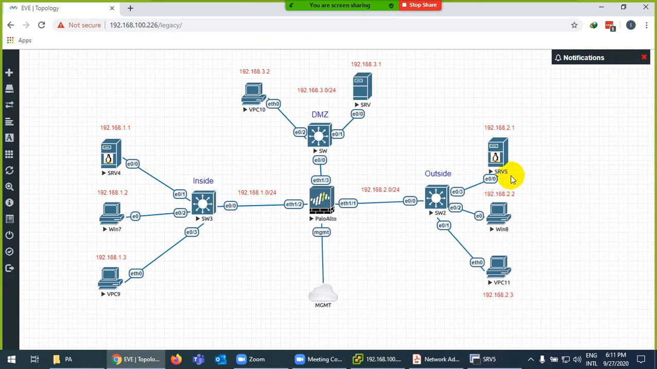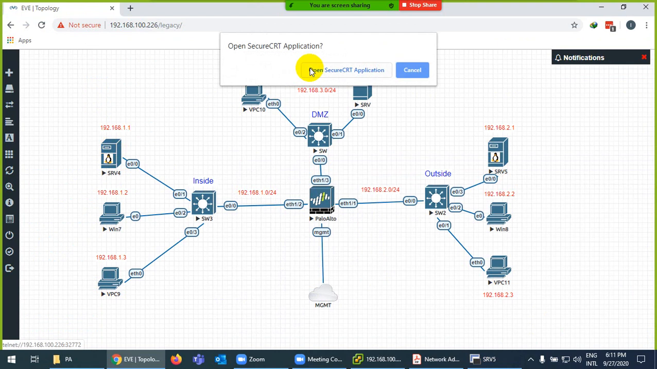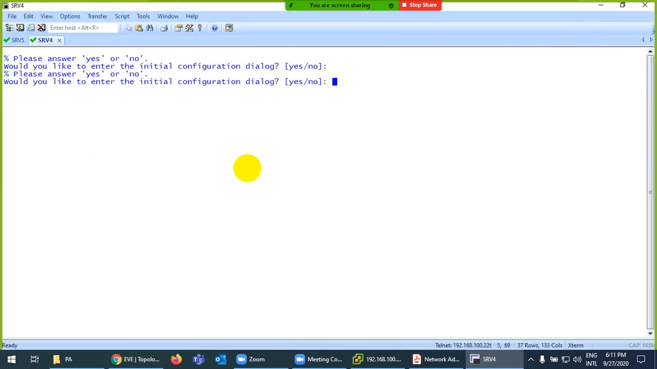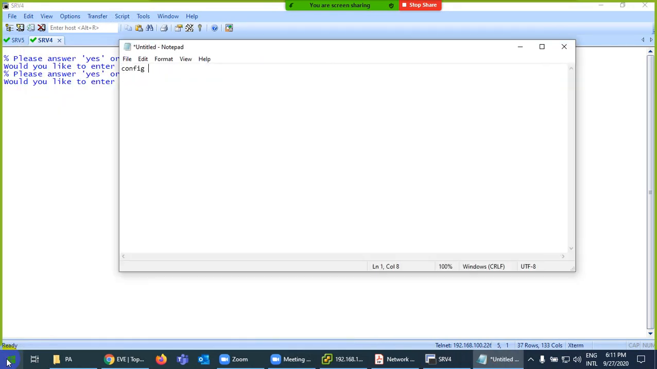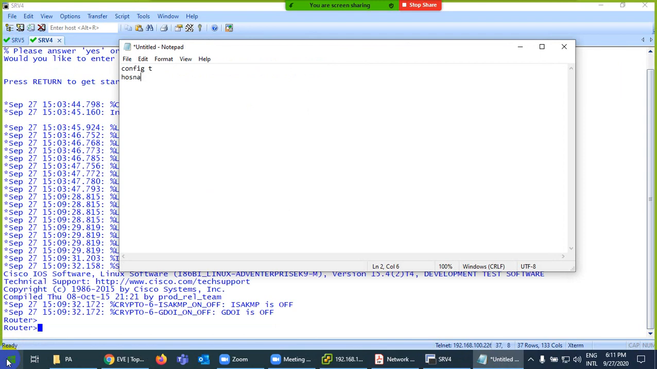So this is our external server. Let me go to my internal server. Okay, until it starts, what I can do: go to Notepad, config t, hostname is inside SRV, then